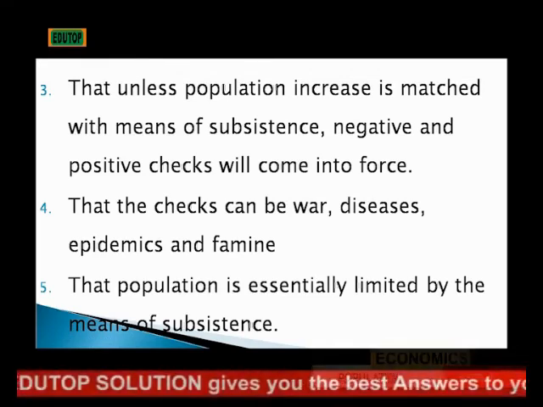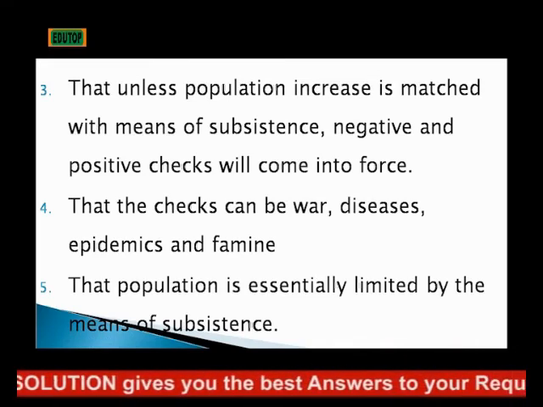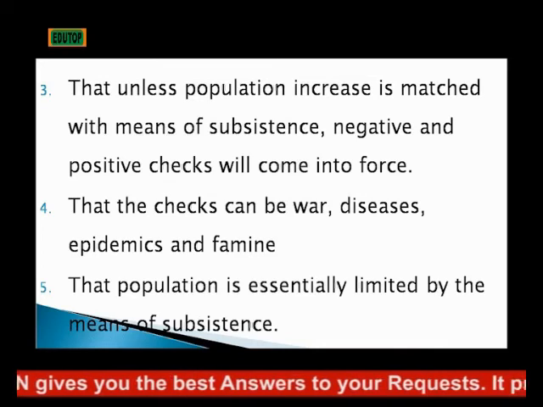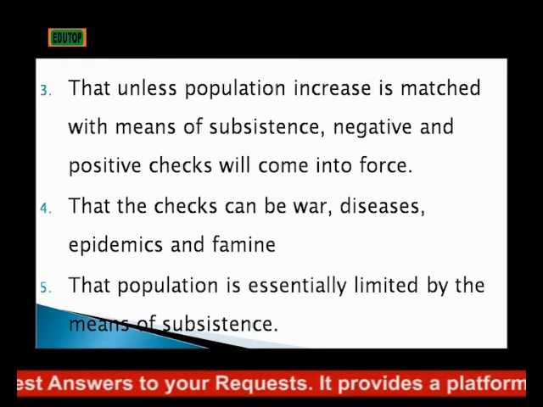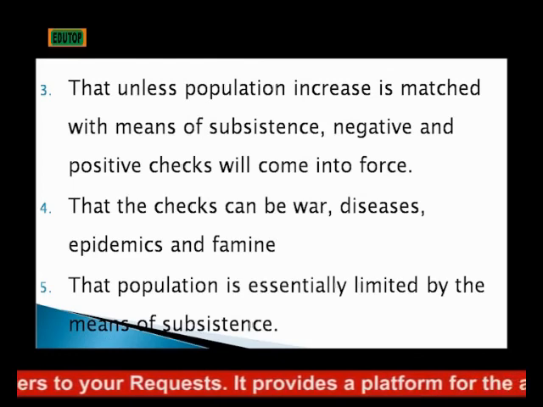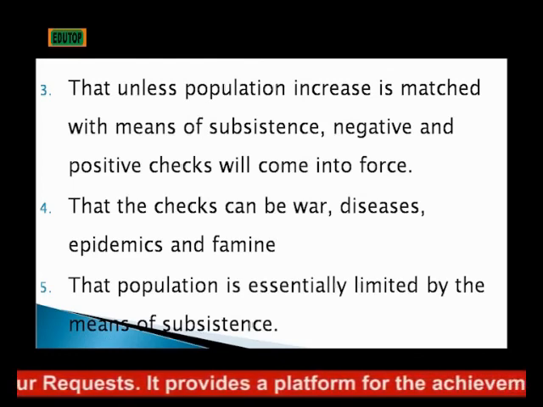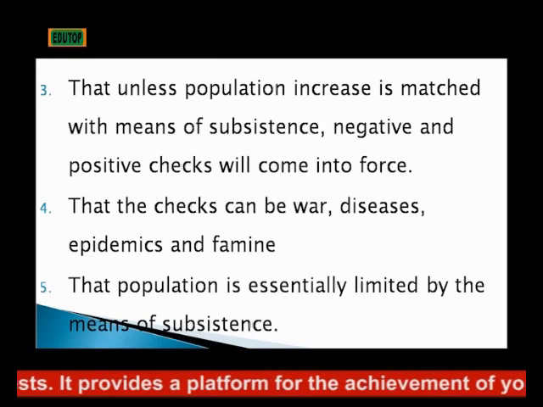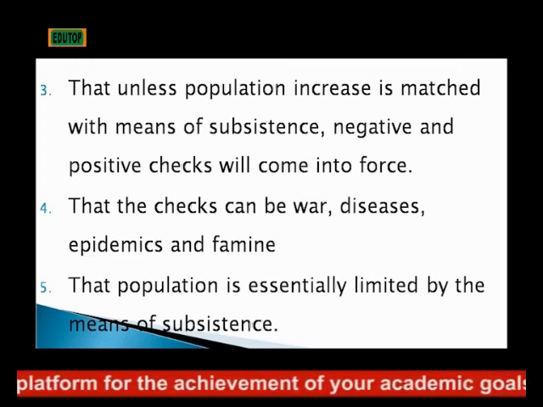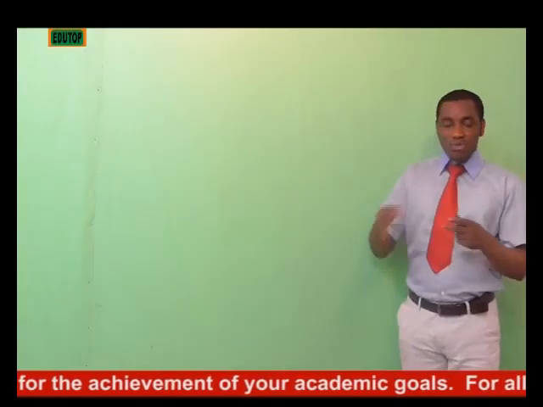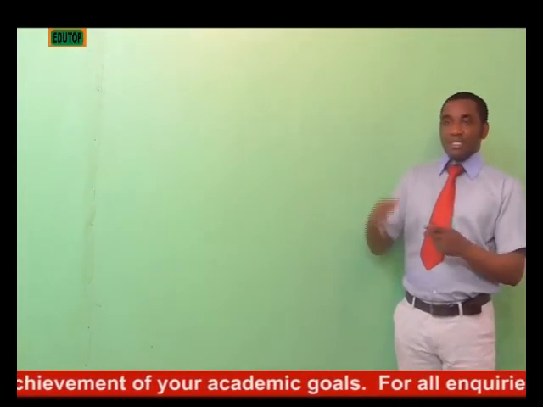Another feature is that the check can be war, diseases or epidemics, famine, or one natural disaster or the other because of that increase in population. And the last feature is that population is essentially limited by the means of sustenance. That it will come to a time that the means of